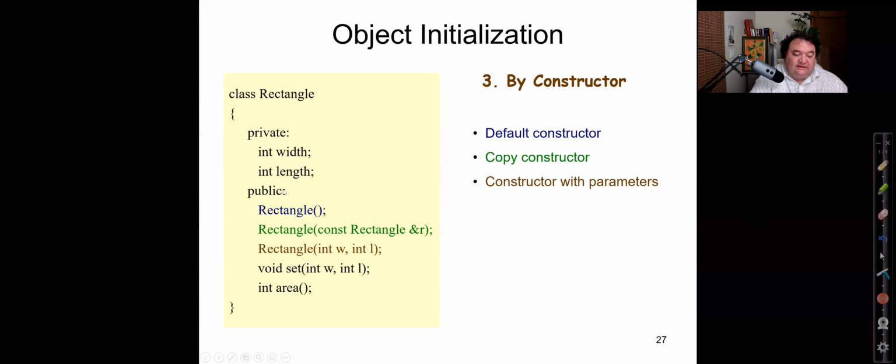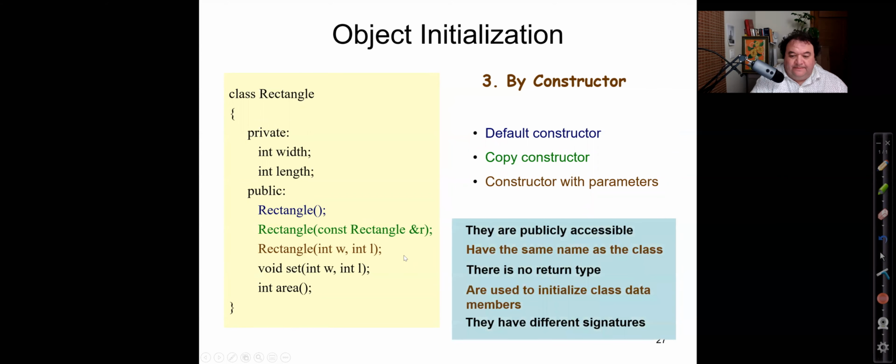Then you have two rectangles that are separate objects, but they have the same value. And of course, one can create a rectangle directly by providing width and length. Those are all publicly accessible. They have the same name as the class, so that's how you tell a constructor. You will see later the destructor has a tilde in front, and they don't return any type